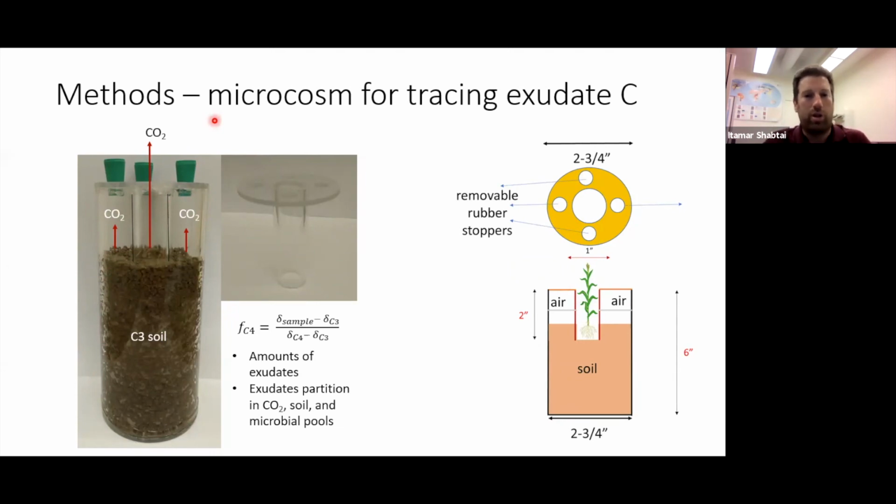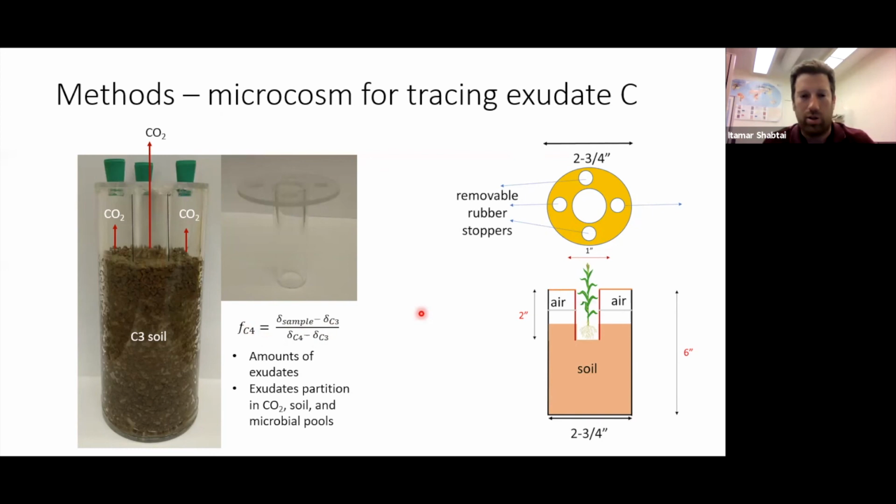So, for example, if we take a C3 soil, or a soil that has mostly C3 vegetation, and grow C4 plants such as maize, using an isotopic mixing model, we can calculate the amount of exudates, and we can partition those exudates as they go into CO2 and different soil and microbial pools, and try to understand their turnover